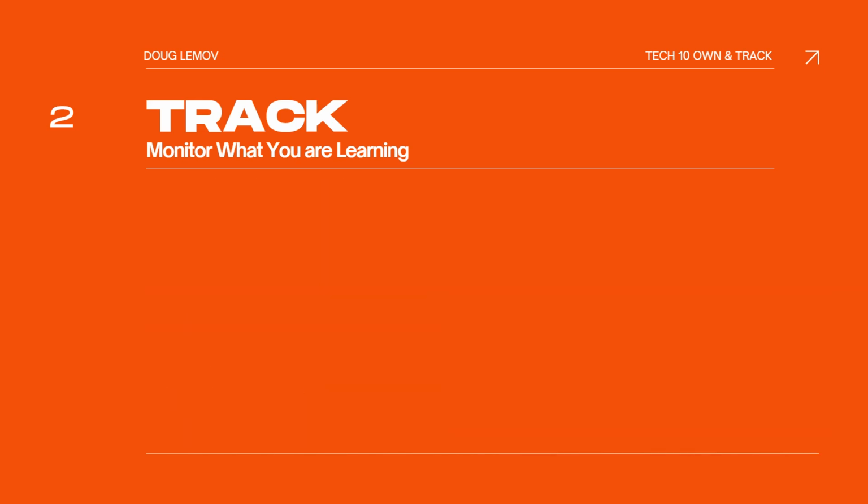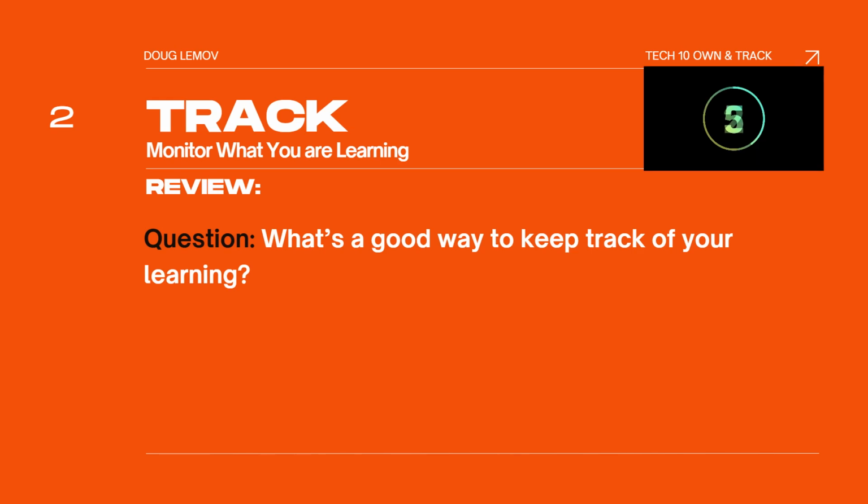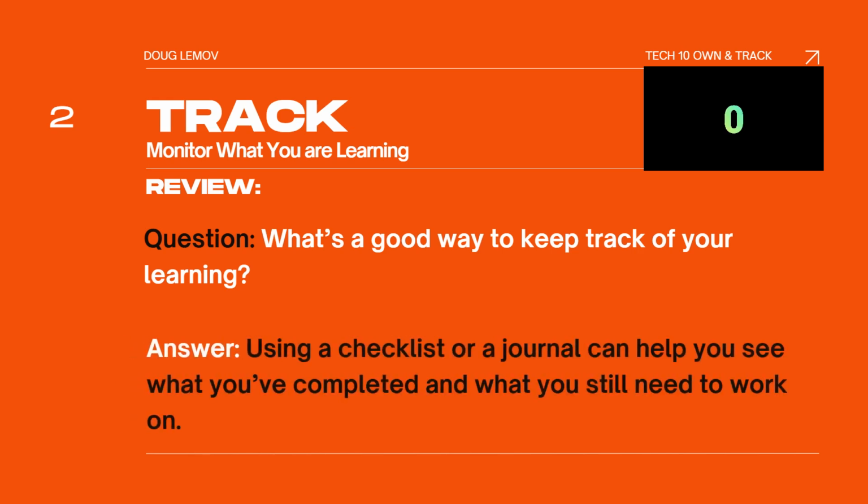Let's have a review. Question: what's a good way to keep track of your learning? Answer: using a checklist or journal can help you see what you've completed and what you still need to work on. If that is your answer, good one. Let's go to our third main point, which is